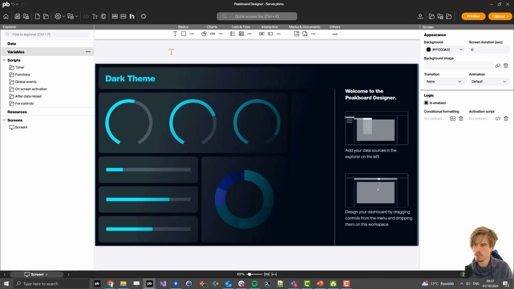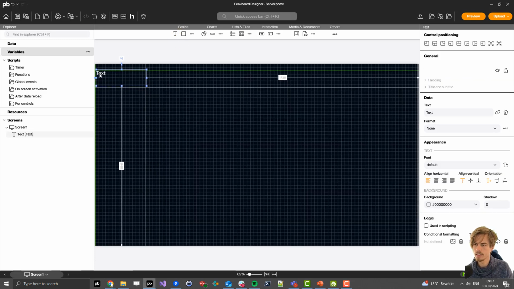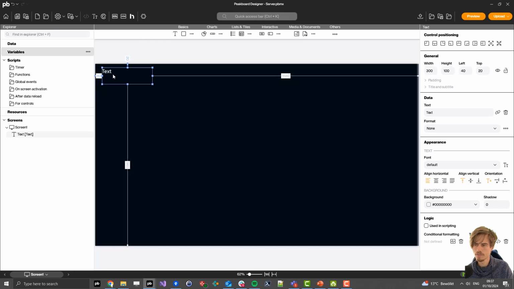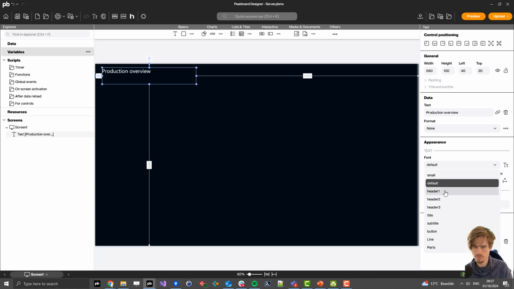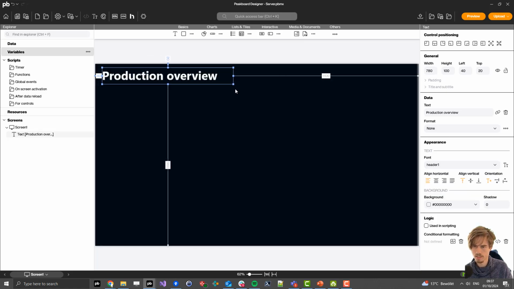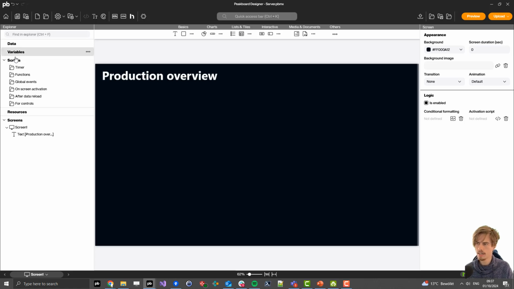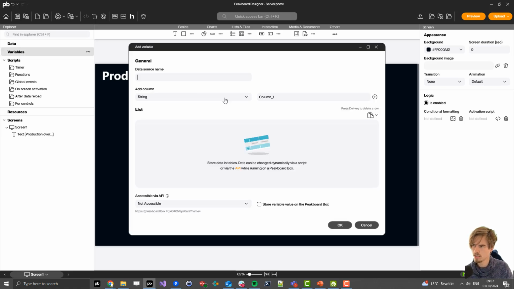I'm now on the Peakport Designer, where I will start by adding a header here on the canvas, and I will call it Production Overview. So this will be the first dashboard we are creating for the shift leader, where he can see the production overview. Let's set the font to header 1,